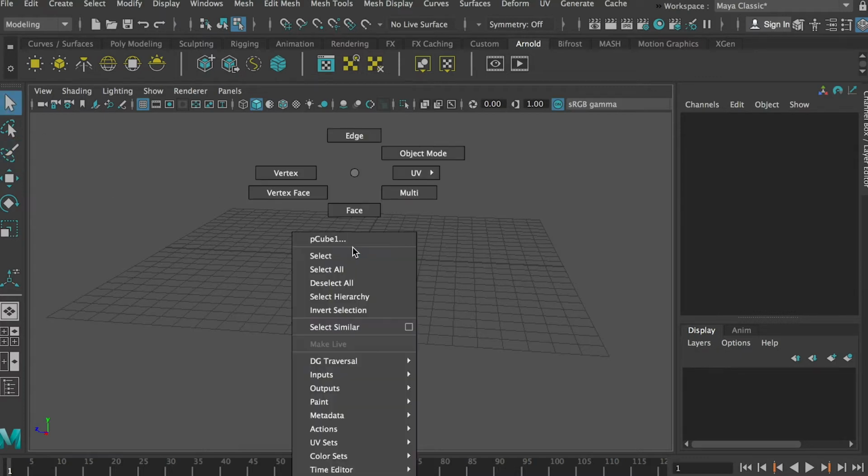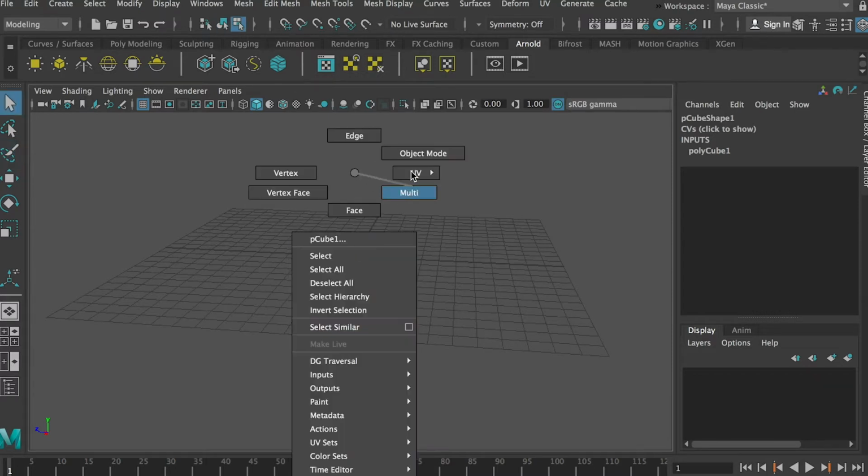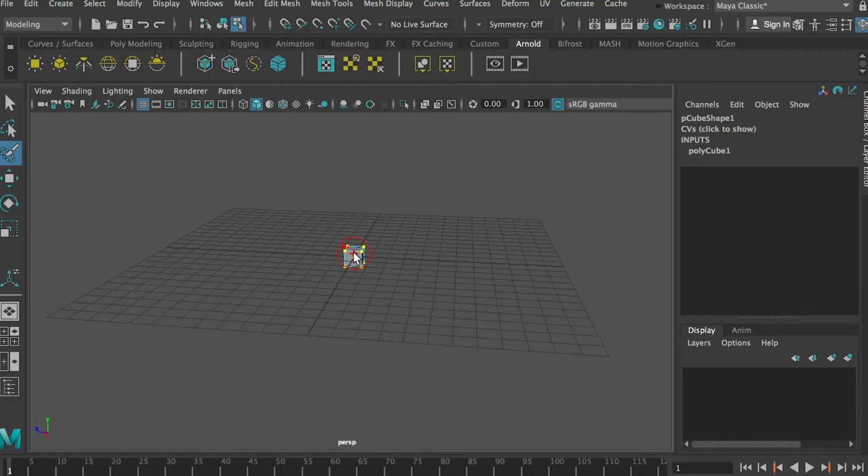So let me show you. If I am in vertices and then I use the paint selection tool, I can just paint. Depending on what area I paint, I'm selecting the vertices, the points. Okay, and let me go back. To exit this tool, you have to hit Q as in quit. As I hit Q, you can see